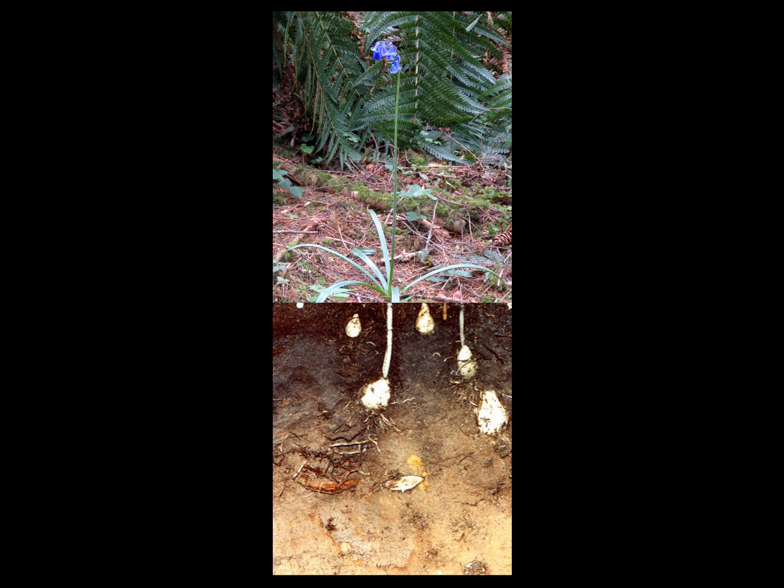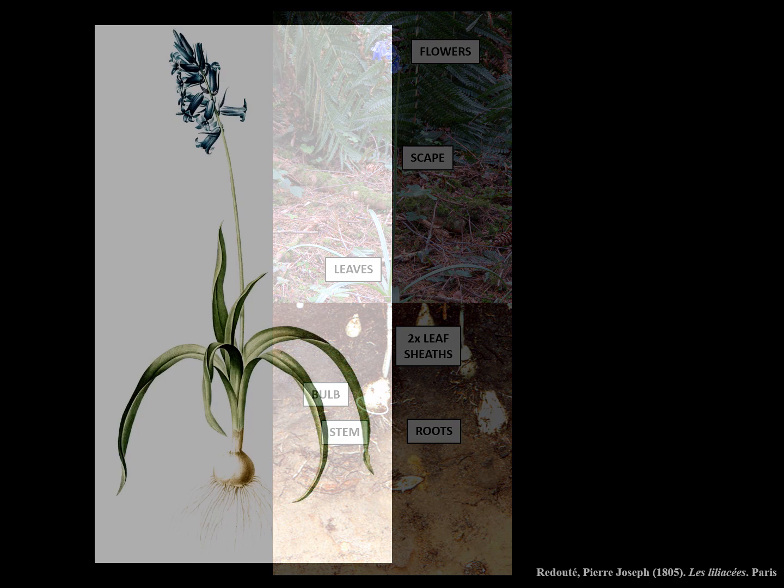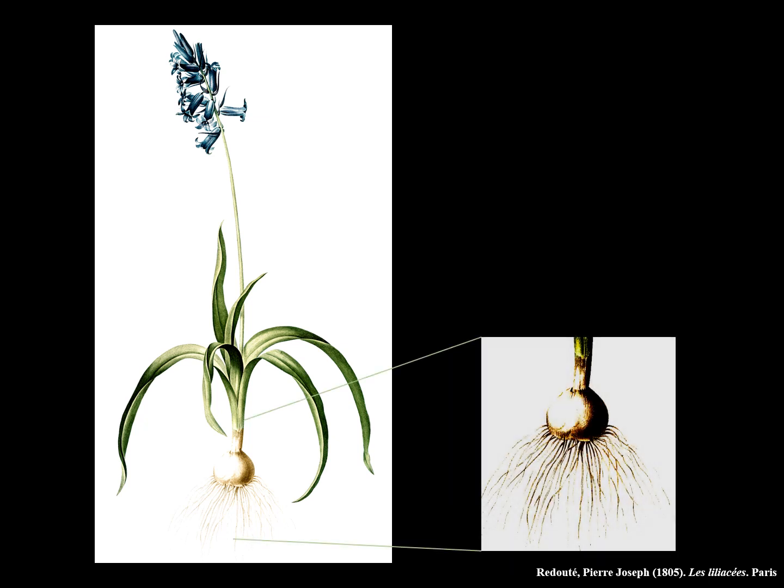A single bluebell plant has a bulb composed of compact white flesh and has at its base a dome-shaped disc of a stem upon which roots, two colourless leaf sheaths, green leaves and scapes, that's the flower stalks, are all borne. This old illustration of a single naked bluebell is remarkably accurate, except the root system, which is after all fundamental to this study, is shown unnaturally with all the roots short and dangling.